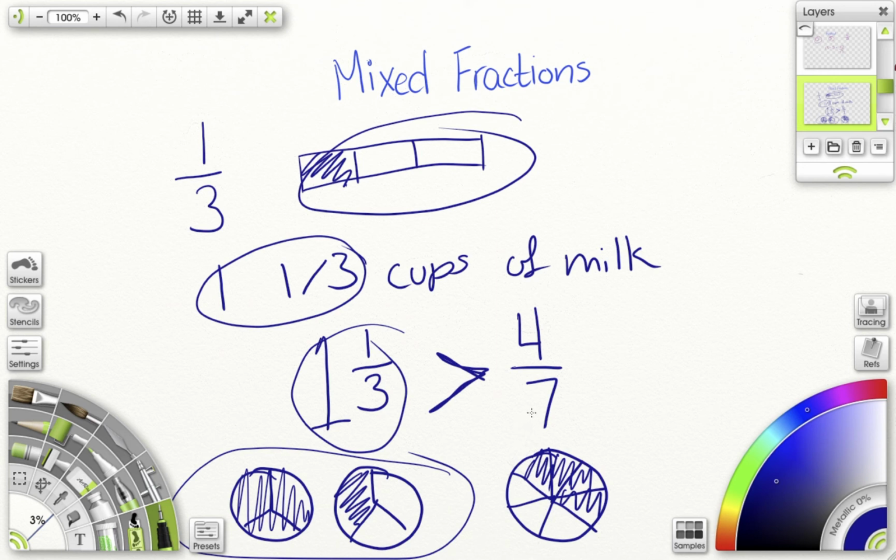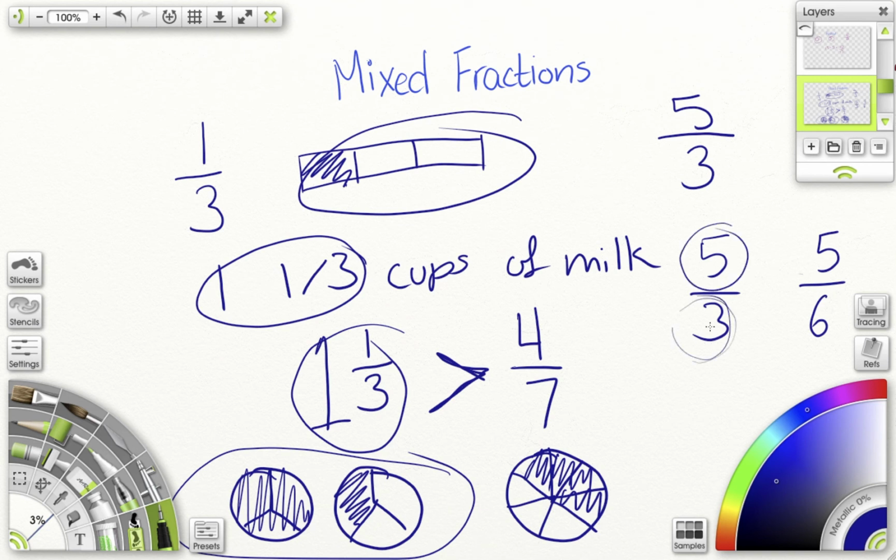Where it gets tricky is if you have a fraction that has a bigger top number than the bottom number. So if this top number is bigger than the bottom number, this will be greater than a fraction. So let's say 5/3 and 5/6. Well, the 5/6 uses bigger numbers. However, this top number is bigger than this bottom number. That means this fraction's actually bigger,